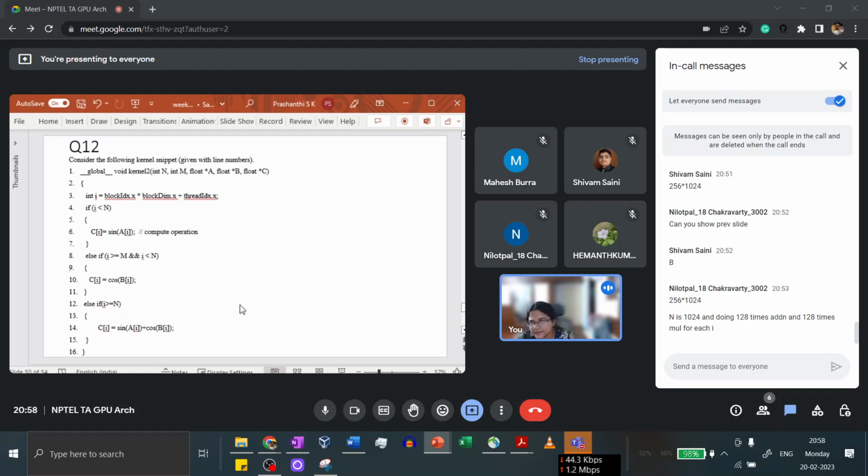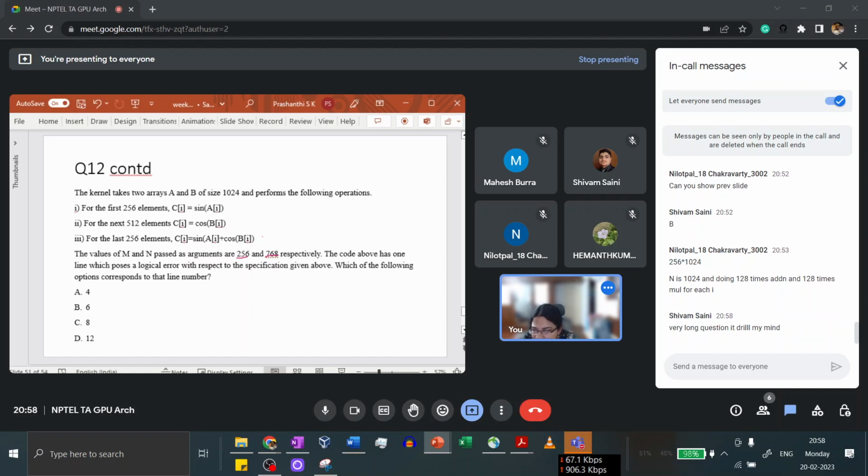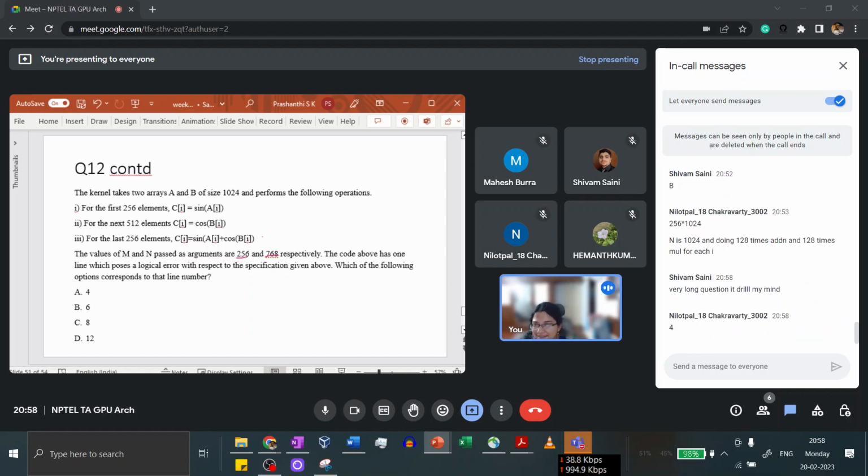Any answers so far, or is this too confusing? Okay, someone has an answer saying 4. Okay, if it's very confusing, think of it as all you need to pay attention to. It's a long question, I agree, but all you need to think of is if you were to write this,